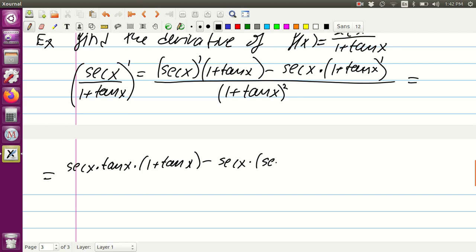So we have secant squared of x. In the denominator we have 1 plus tangent squared of x. So for all purposes we can stop over here,